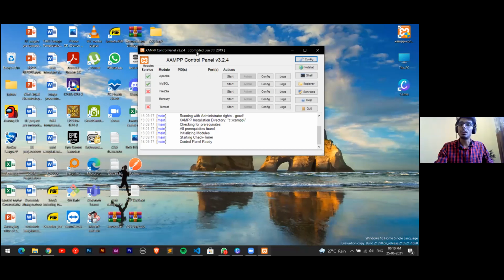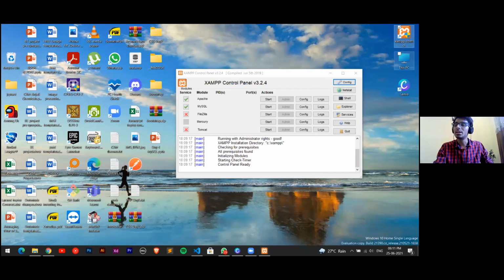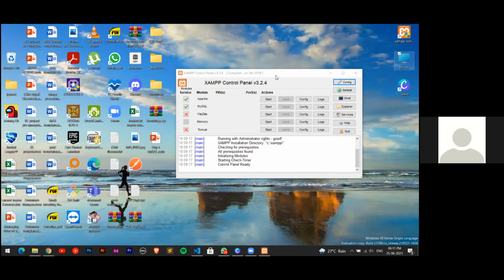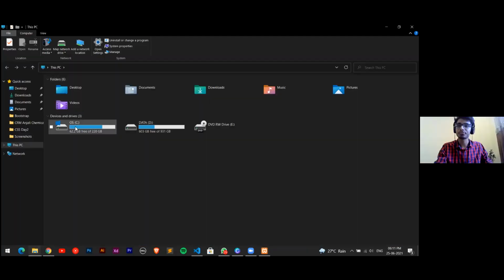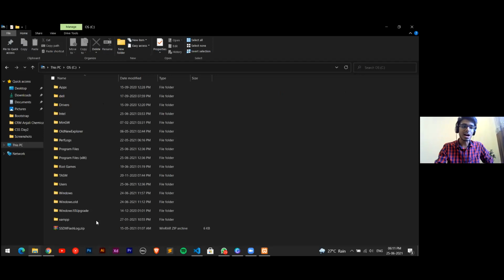Okay. If you have installed XAMPP, there might be a shortcut created on your desktop. If this shortcut is not visible, just go to This PC and go to the C drive, as I mentioned, please install your software in the C drive itself. At the last you will see a XAMPP folder.